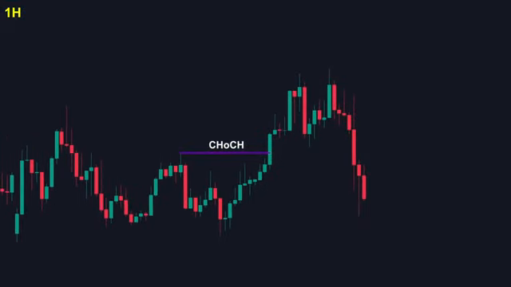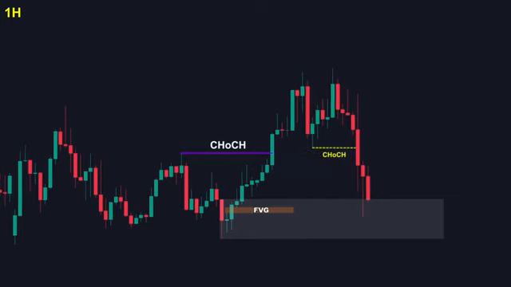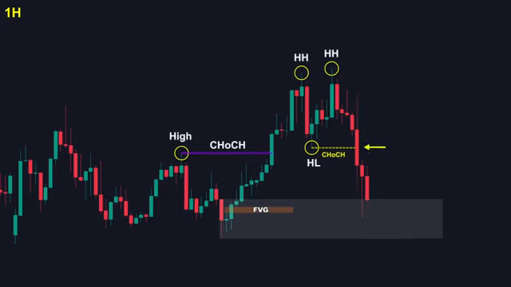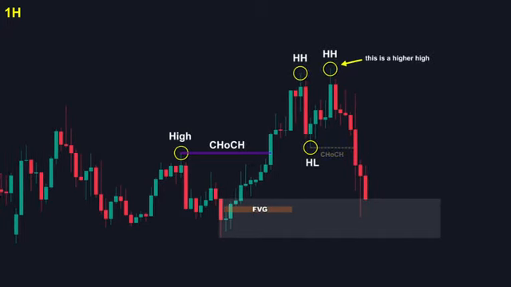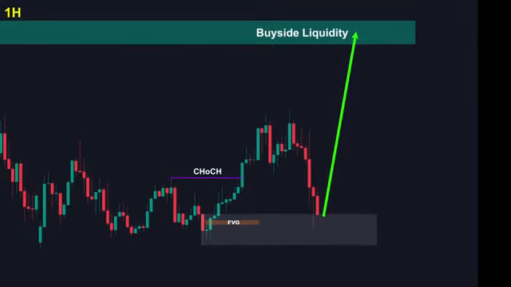Looking back at our structure, we can identify this fair value gap and mark the order block in that area. You might see this break as a standard change of character pattern, but remember what we discussed earlier. When we're in a clear uptrend, to confirm a more trusted form of change of character, we need to see a lower high first that indicates weakness. In this current example, we cannot trust this break as a completely reliable form of change of character because there's no lower high to indicate the uptrend was genuinely weakened before the reversal. So we expect price to tap into this order block and then start pushing higher to reach that liquidity level we identified on the higher time frame.